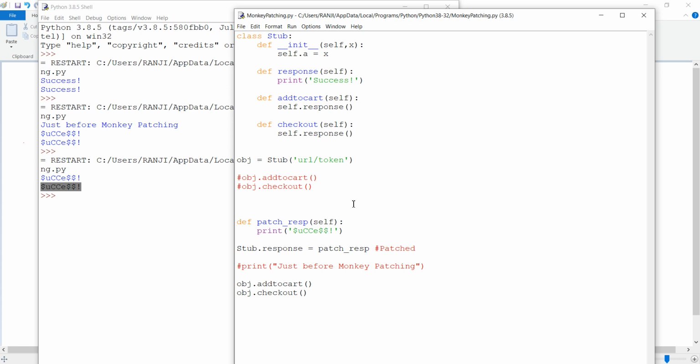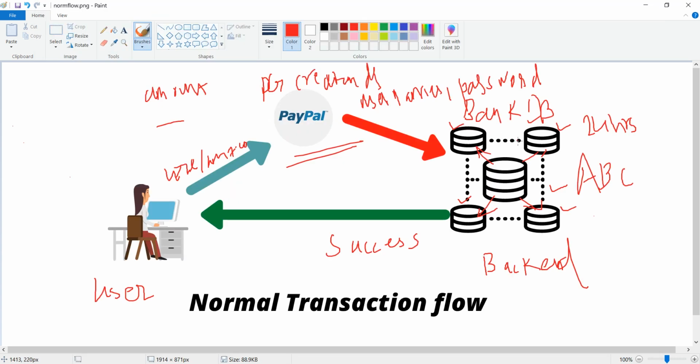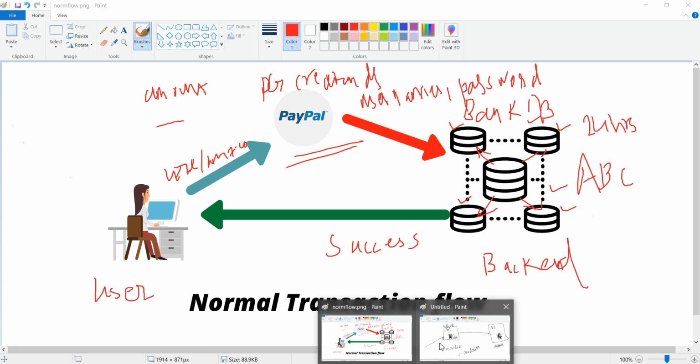Now here in this code we have designed this in a static way, but in the real world we are going to implement this in a dynamic way, because there will be various session variables and other things involved. Also, based on time and how the user behaves, we'll get more analytics and things like that. Accordingly we have to modify this code, and make it behave the way it behaves from the real end. In the real end, the way the bank gives the response back, in a similar way we have to make our stuff work. That is where the expertise in monkey patching lies.